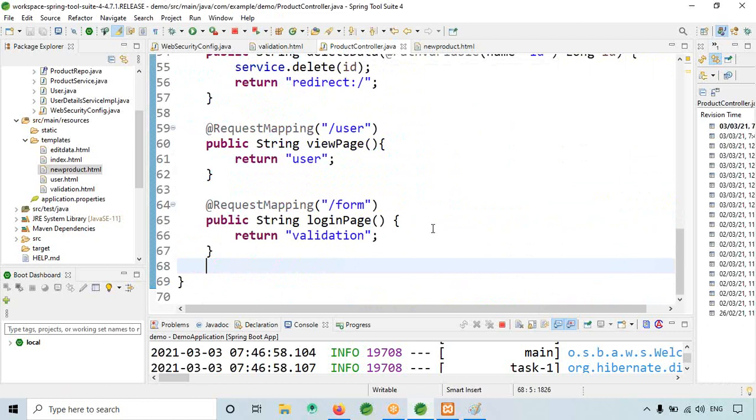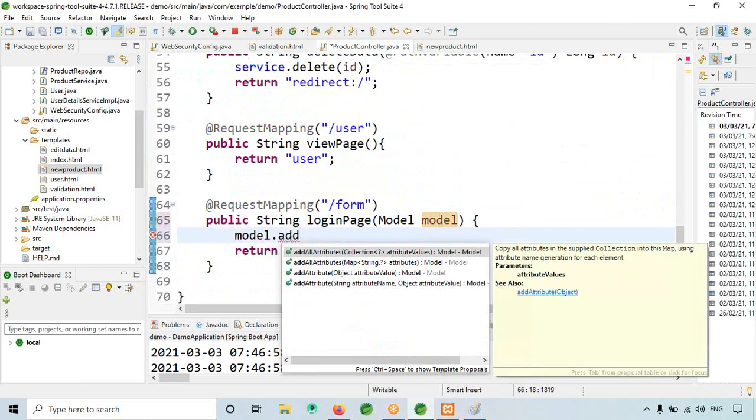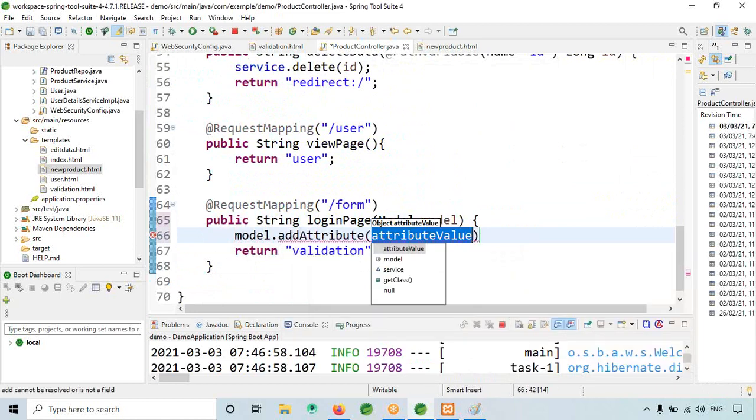Since I need to store the data, for that model, next model dot add attribute, login data, comma, login data.